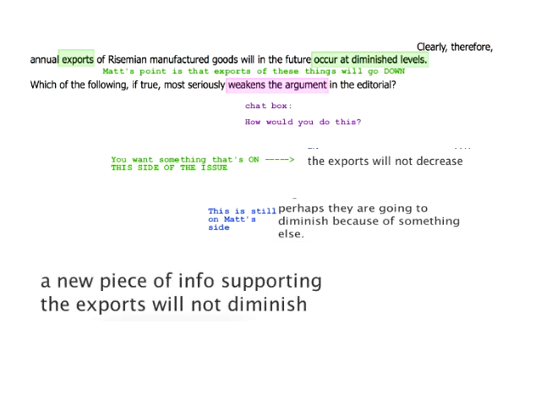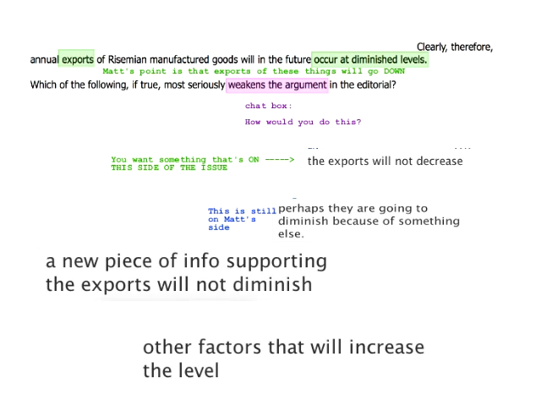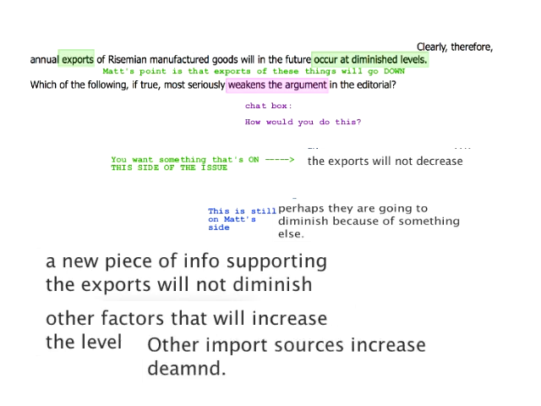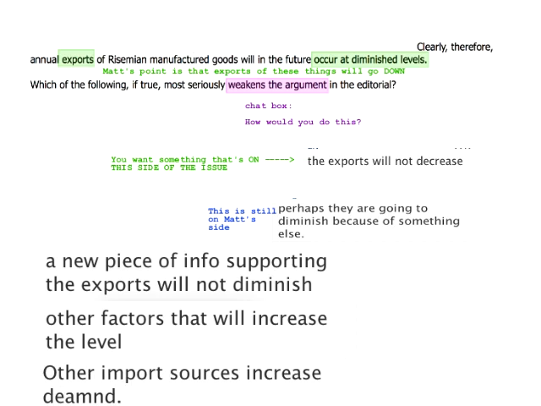I like these two. There you go. Yeah, okay. So you know they're going to present you with some sort of evidence that exports of something are going to go down. And also,